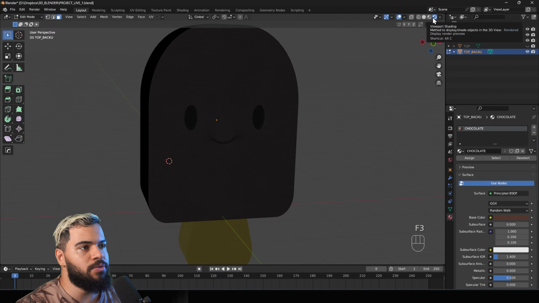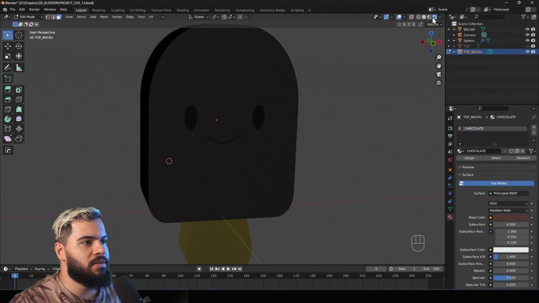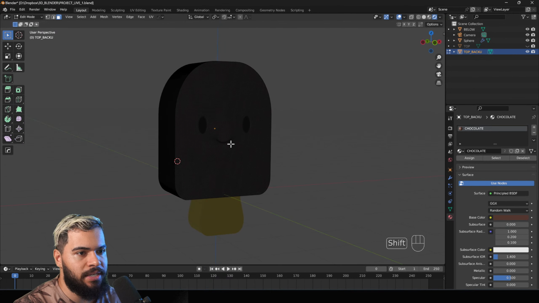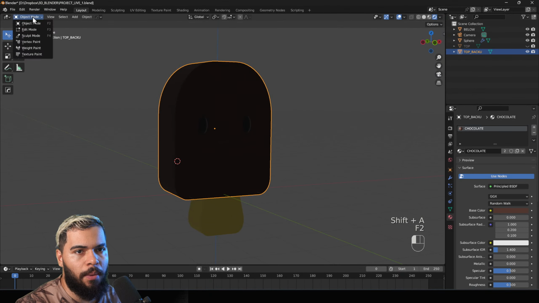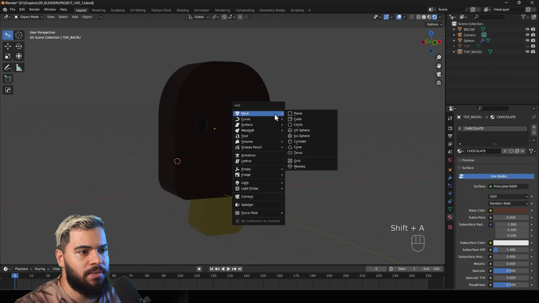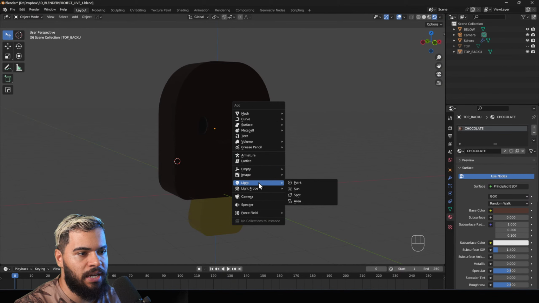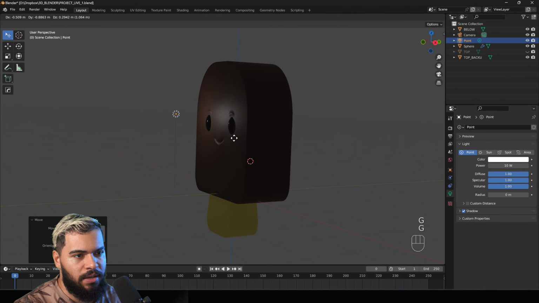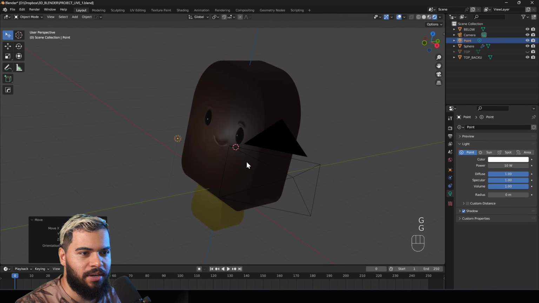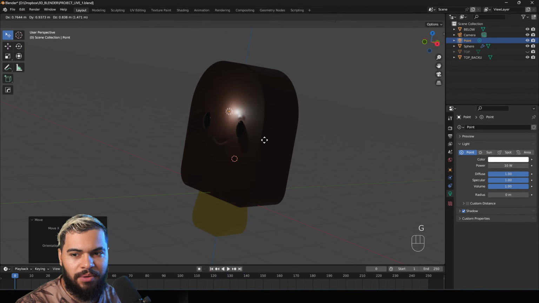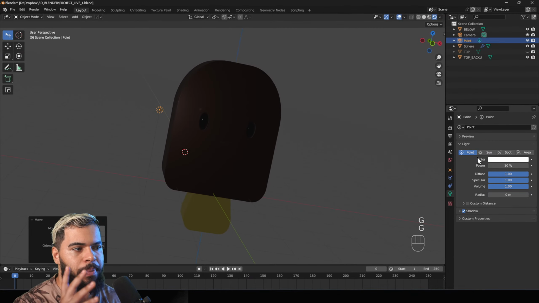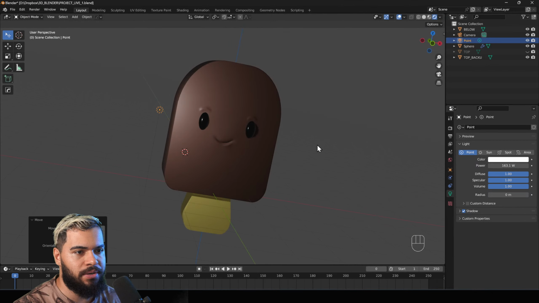scene. I'm going to move to the shading viewport render, this one here on top, and then I'm going to add a light here in the object mode, Shift A. Then let's go to the light, and I'm going to add, for now, a point light. Remember, this is like a candle. You can see it looks like a candle. However, I'm going to increase this power more. I want to make this bigger.